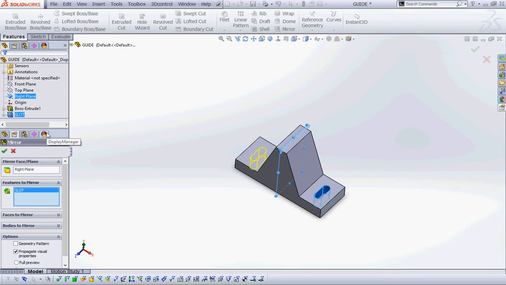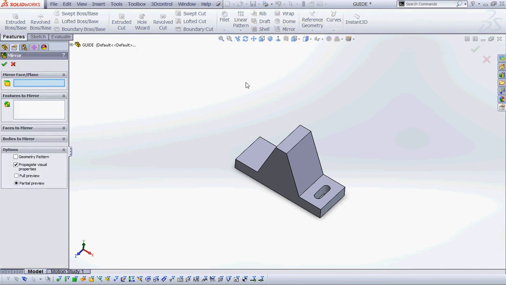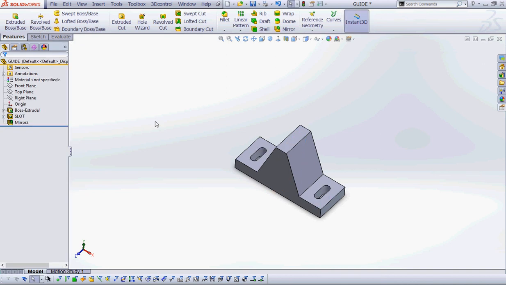Now, is a small part, might not feel like it makes a big difference, but if this part is used 100 times in a big old car or an airplane or a boat, it's going to really add to the size and the computation that SOLIDWORKS has to do. So anytime you can reduce the amount of computation that SOLIDWORKS has to do, that's good. Because if your assembly is having a long time rebuilding